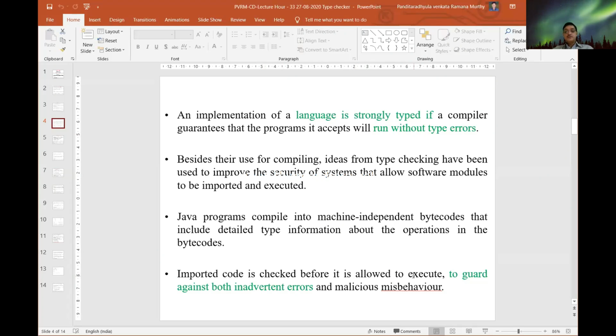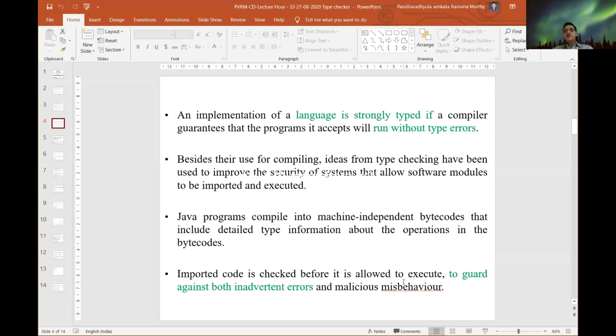Not only that, it guards against both inadvertent errors and malicious misbehavior. What does that mean? It avoids unexpected errors and also unexpected behavior of the particular program. Whatever the expected result is, it has to produce that result. If it deviates from the expected results, we call it malicious behavior.